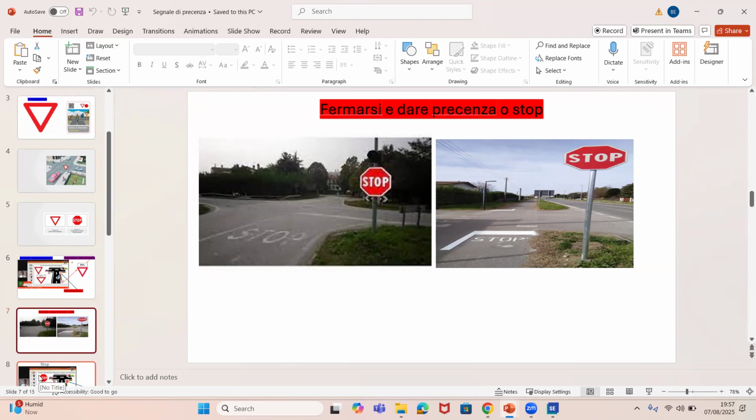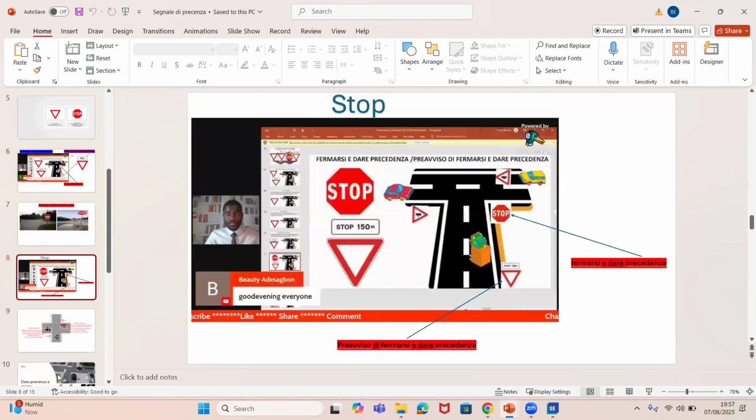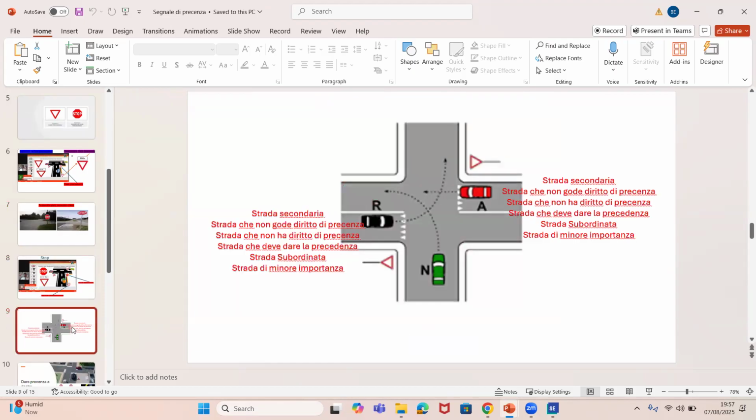Now, guys, follow me. We're about to do something a little bit more serious. Watch. Everybody, bring out your jotter now. Even if you are lying down, bring out your jotter, please. Everybody. There's something you're going to do for me now. I'm about to teach you guys the different names they call those roads that will give way. Those people that will give way. I'm about to teach you the names they call them.